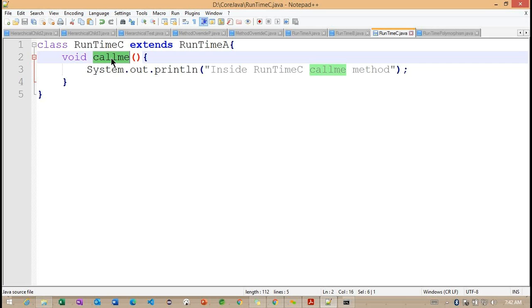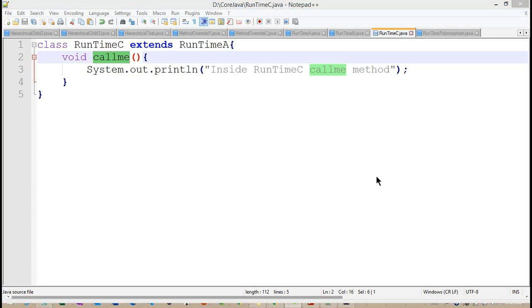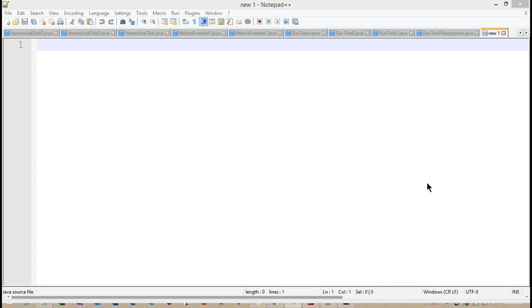So this is the best example we can see, the real-time example of exactly how this particular method overriding works. And this method overriding we are going to work with interfaces, because in the interfaces we define the common methods, and we work with those common methods in the implementation classes. We'll see later how exactly interfaces work. But now, to work with runtime polymorphism, I'm trying to work with a dynamic example here. Let's see.